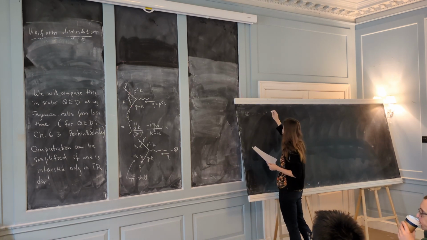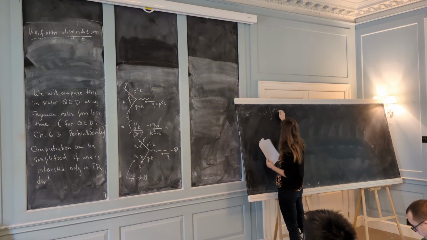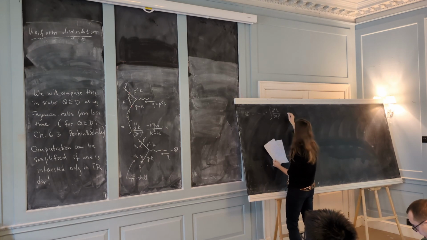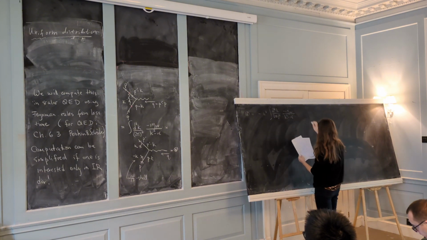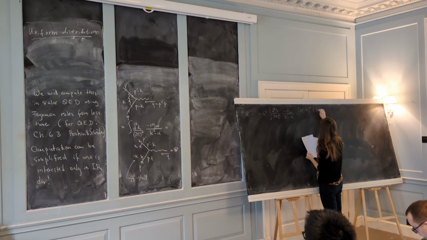There's 2 powers of ie coming from the vertices. And then we have d4k over (2 pi)^4, minus i eta mu nu, divided by k squared minus i epsilon. And then we have (2p prime minus k) mu, (2p minus k) nu,